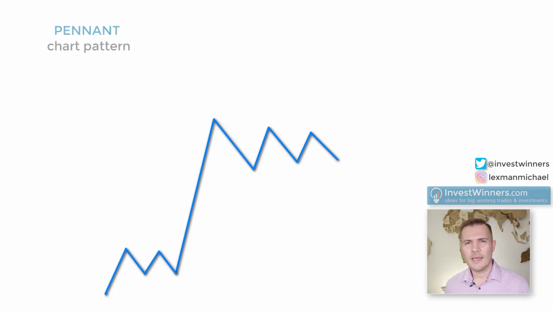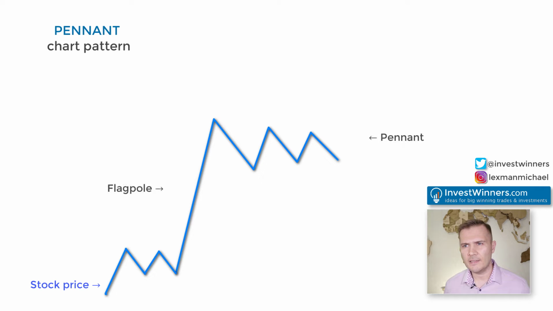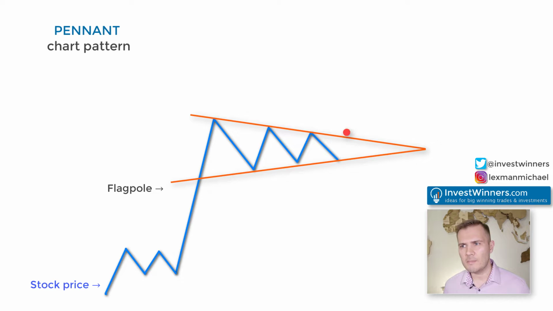Pennant pattern is a continuation pattern applied in technical analysis of the financial markets that enables you to open positions when you expect the current trend to move on. This pattern consists of two parts, a flagpole and a pennant. It is formed as follows. Stocks move up and form a flagpole. In most cases, this is a rapid, explosive move. Then a short-term stagnation period starts. At this time, the stock's movement resembles a pennant. The range of stock movement is narrowed, and in just a few days we can pinpoint an upper pennant pattern trendline and its bottom trendline. We expect a breakout of the upper trendline at a large volume and a further rally